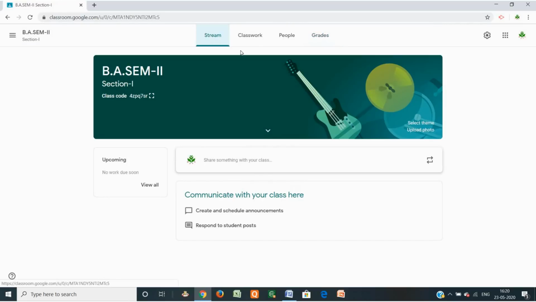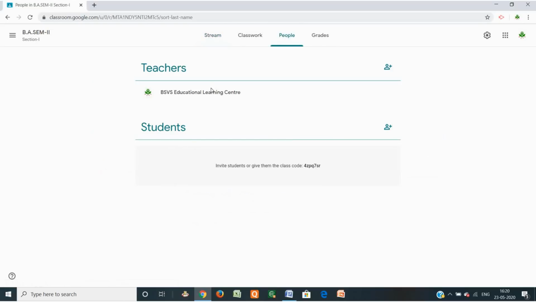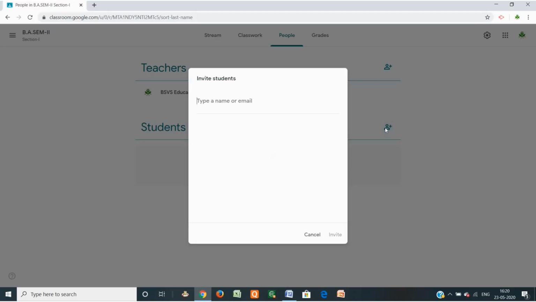Suppose I want to join the class, then suppose I am sending this code as a teacher, and suppose I want to add a student, just go to the plus option, type the email, .com, and just send the email and invite the student.